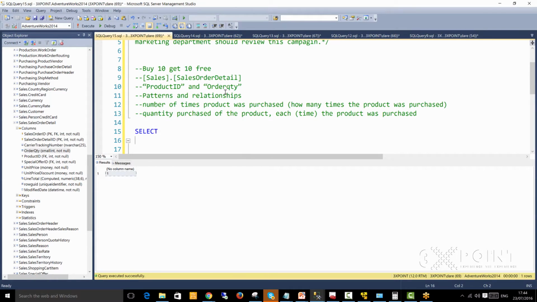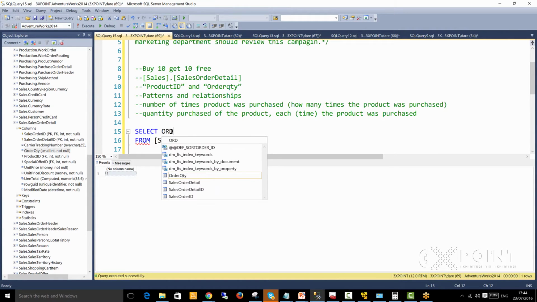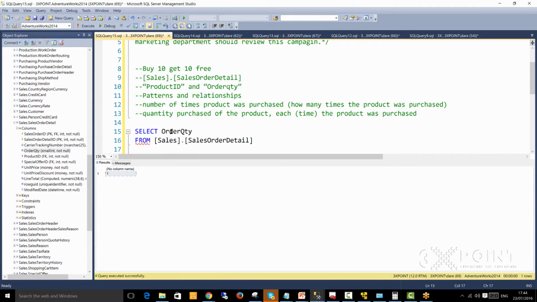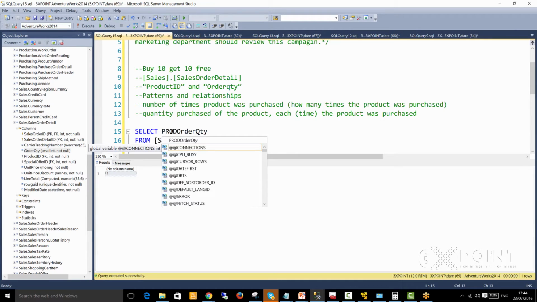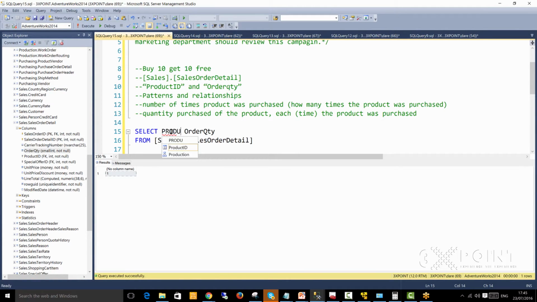I like to do something like this, from, yeah, so I can have good intelligence. The intelligence can just give me some autocomplete kind of functionality. Let me bring product ID to come first. Product ID, comma,